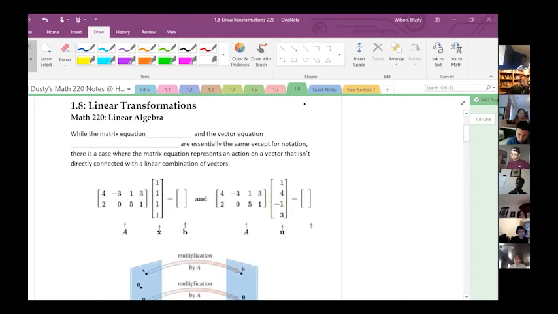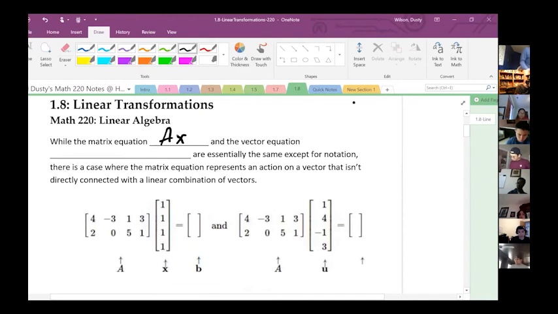So while the matrix equation AX equals B and the vector equation x1 a1 plus ... xp ap equals B